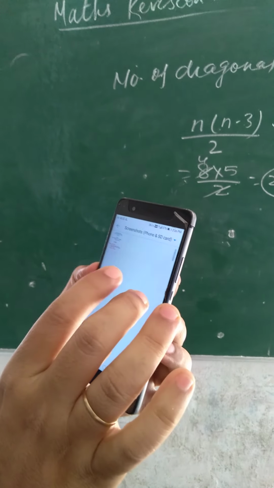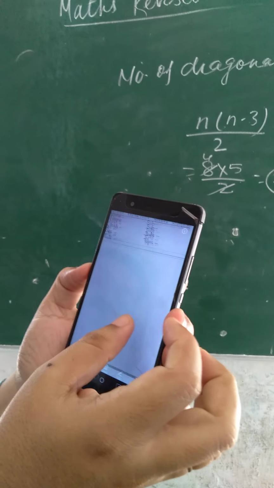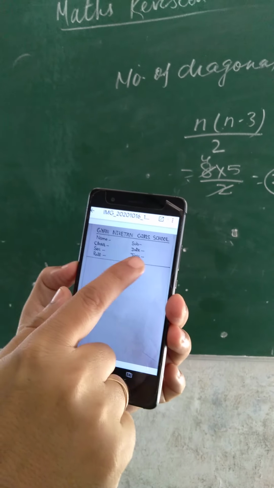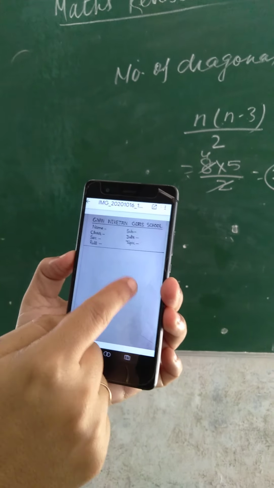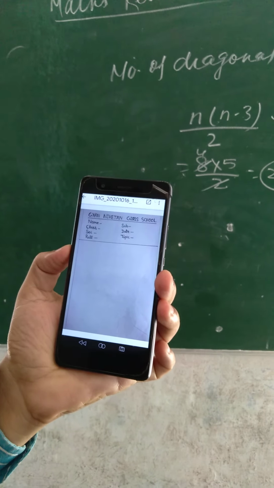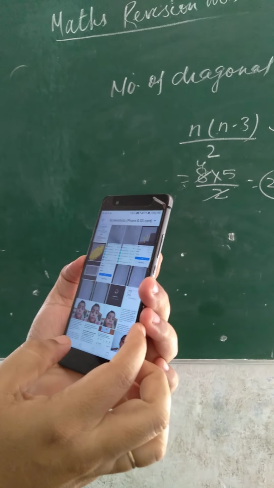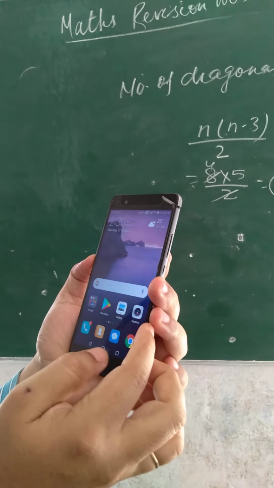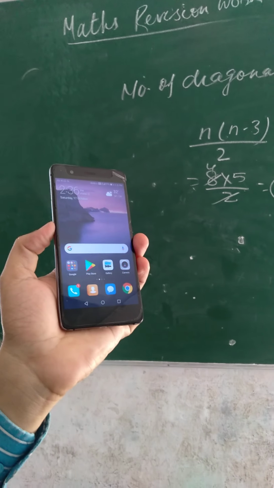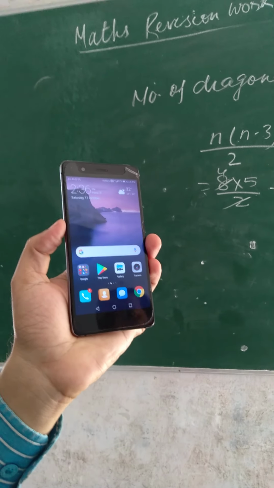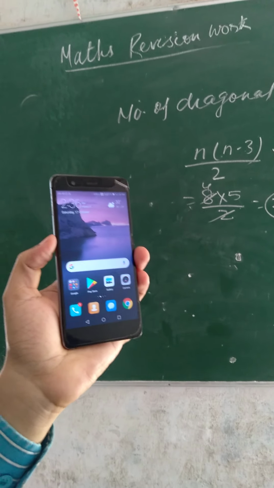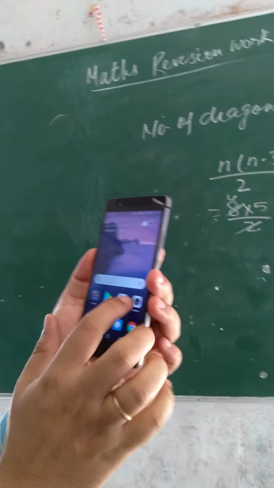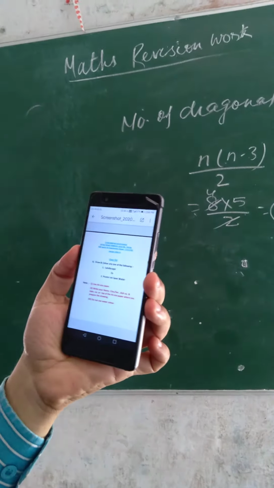like here you have to write the name of your class and everything, and in this portion you have to draw the image, and then after drawing the image you have to send your drawing in your Google Classroom. And how can you send your drawing in Google Classroom? Again you have to click on classroom,